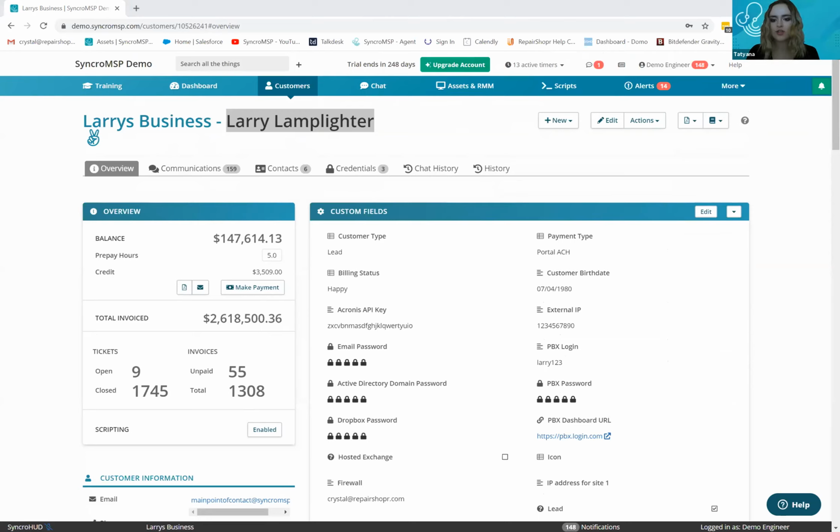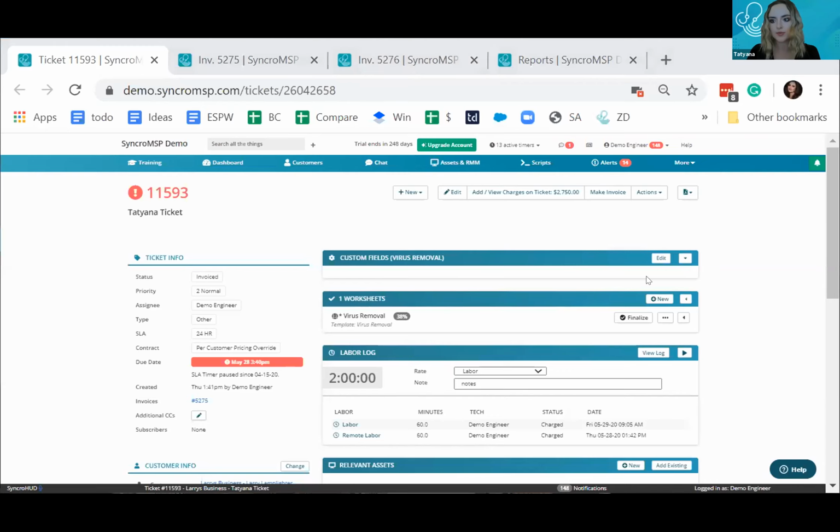I have a question here from Sebastian. He says, if you closed the ticket but did not charge the time, would the customer still get invoiced, or would you have to make sure that the ticket is still open? So I'm going to go ahead and share my screen because there's a couple layers to this that I want to make sure are explained to you so that you guys can understand how this is set up currently within